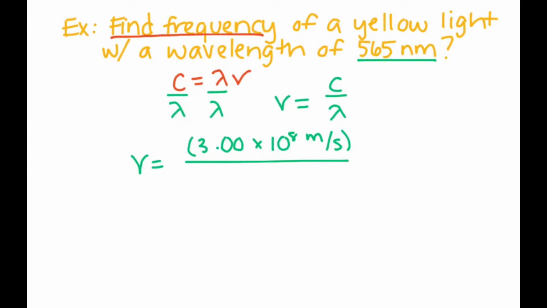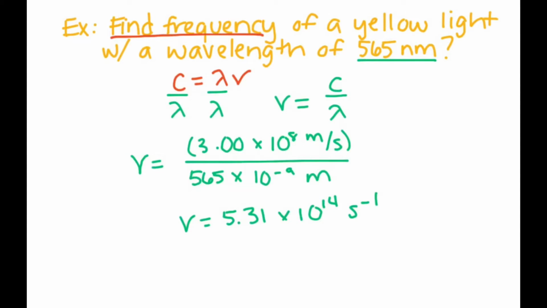Nanometers means that our exponent is going to be 9, and nanometers are smaller than meters, so we end up with 565 times 10 to the -9th meters. And when we plug this into our calculator, we find the frequency to be 5.31 times 10 to the 14